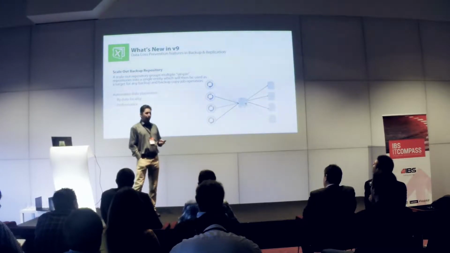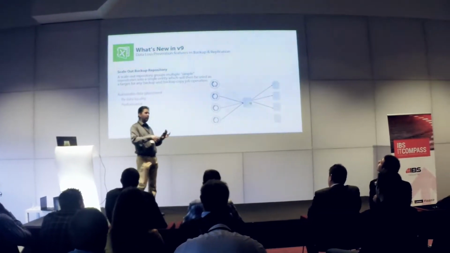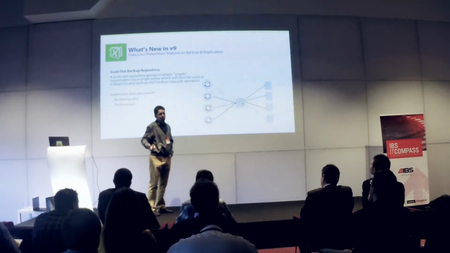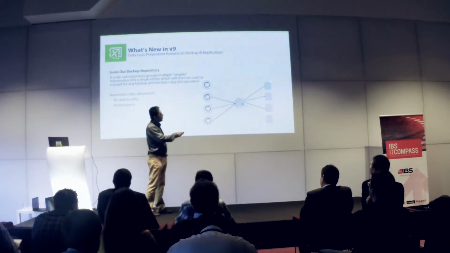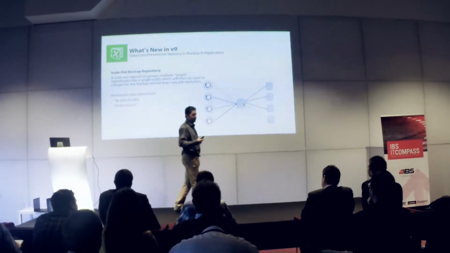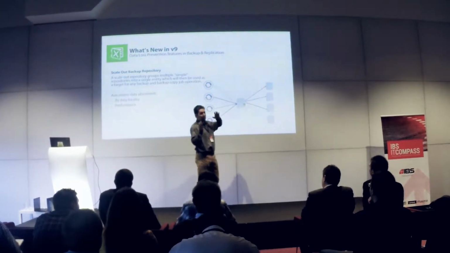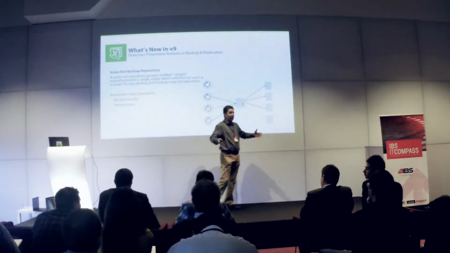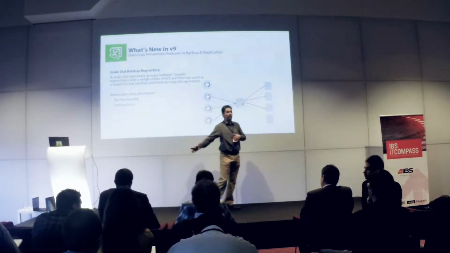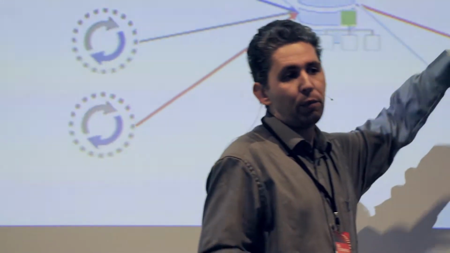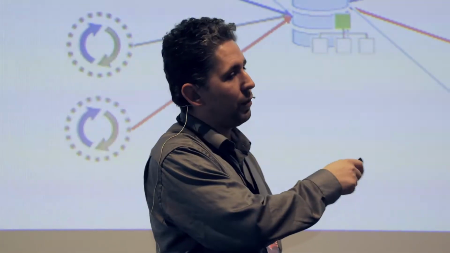Okay, so the answer is you can do this sort of configuration, but just remember that you can have multiple software repository, scale-out backup repository, okay? With one, if you choose data locality as placement rule, all the fulls and incrementals go to one extent. If that extent is filled, no more free space, it can decide to go to another extent. But we consider this as a failure domain for the data locality. That means if that is gone, your backups are gone. So you need some sort of protection.